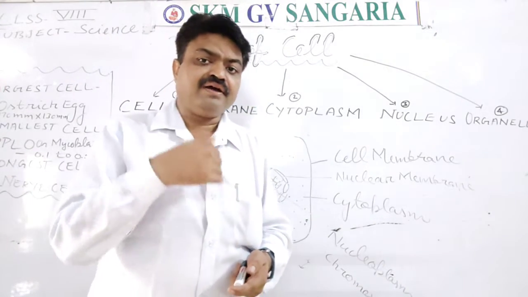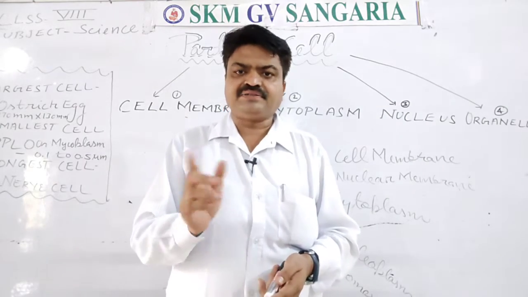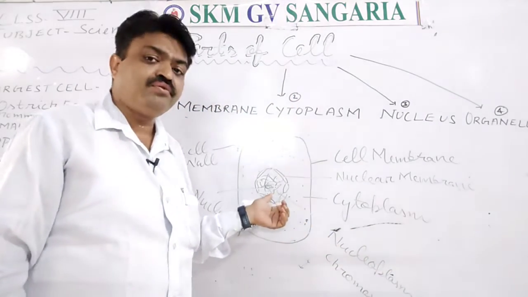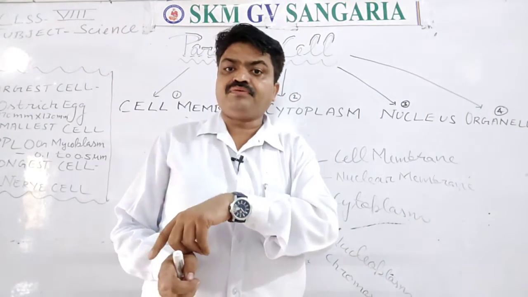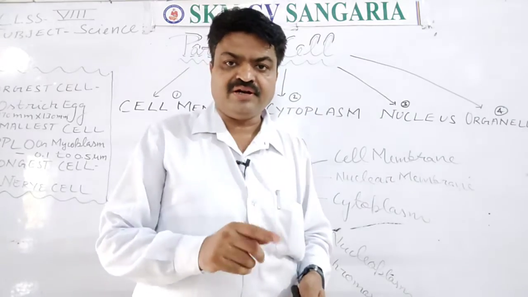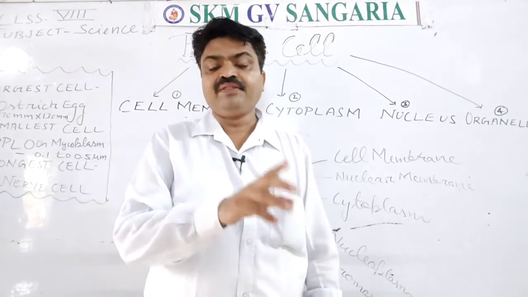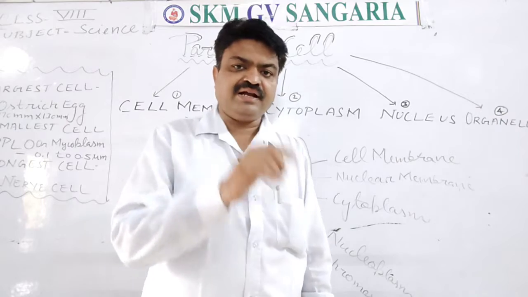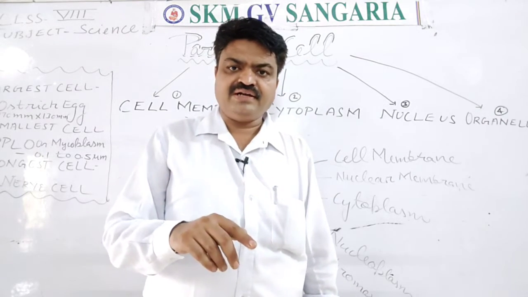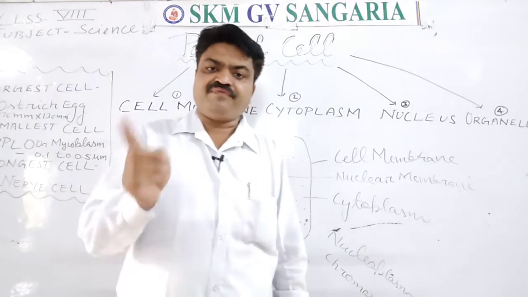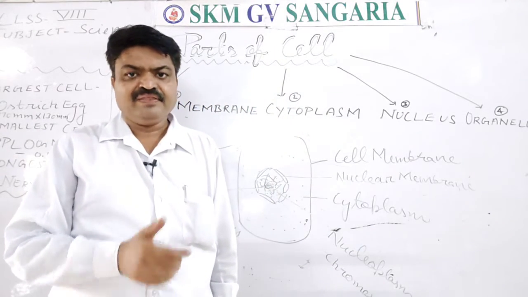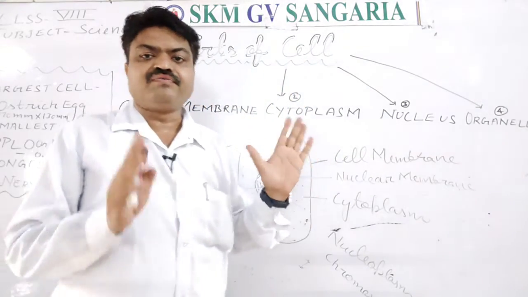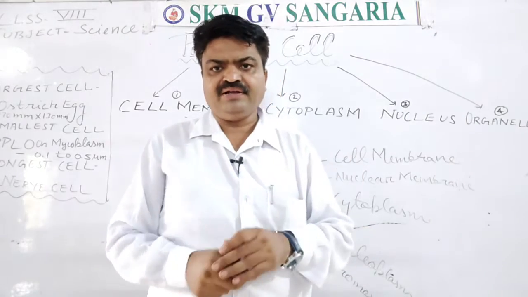So bacteria have the prokaryotic cell, but plants, animals, algae and fungi, they have which type of cell? They have the eukaryotic cell. With the help of pro and eu you can learn it, student. Prokaryotic, pro means false nucleus. Eukaryotic means true nucleus, means the cell that has the true nucleus is known as eukaryotic. The cell that has the false nucleus is known as prokaryotic. So it is about the prokaryotic and eukaryotic according to the presence of the nucleus, student, or the nuclear material.